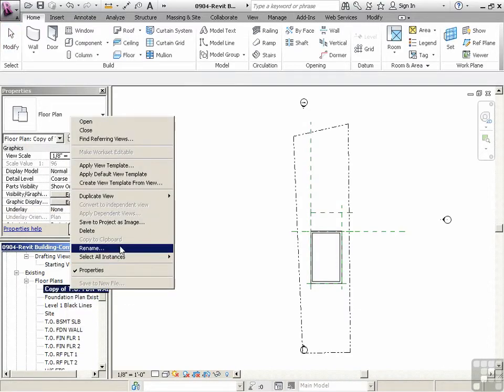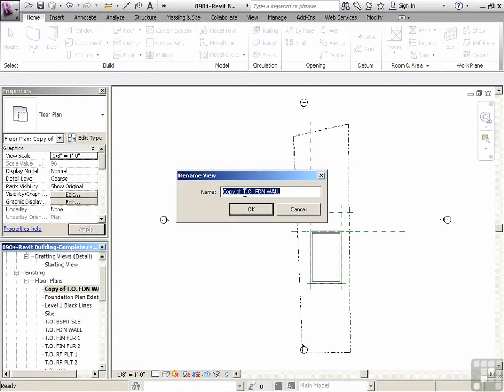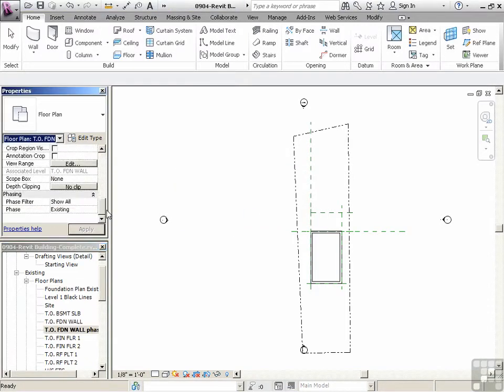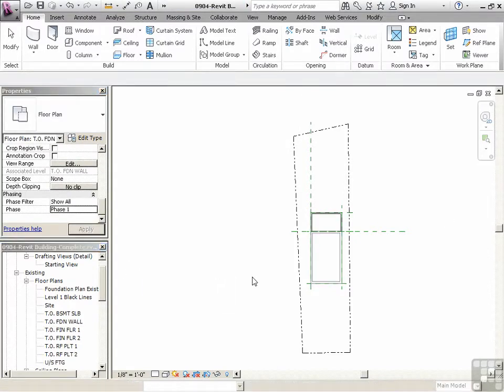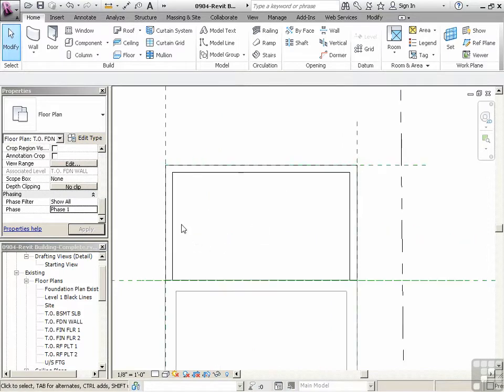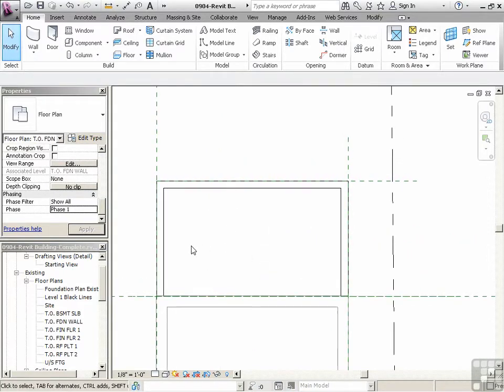Good. And then we will rename it: top of foundation wall, phase one. And let's put the phase of that view at phase one. Okay, good. So now we can see the phase one stuff is dark, the existing is gray. We're going to talk about a couple ways to do stacked walls. So if I were to just go to the wall command,